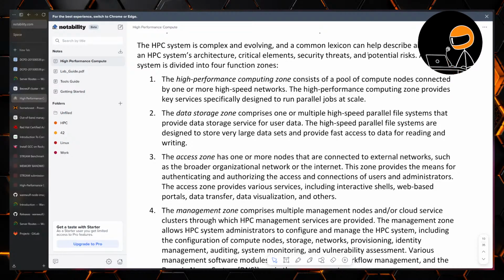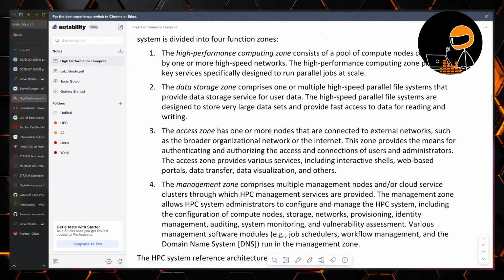All right. An HPC system is divided into 4 function zones. The high-performance computing zone consists of a pool of compute nodes connected by one or more high-speed networks. The high-performance computing zone provides key services specifically designed to run parallel jobs at scale. The data storage zone comprises one or multiple high-speed parallel file systems that provide data storage service for user data. The high-speed parallel file systems are all designed to store very large data sets and provide fast access to data